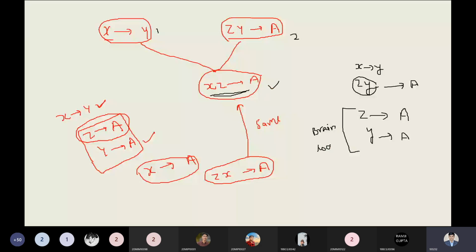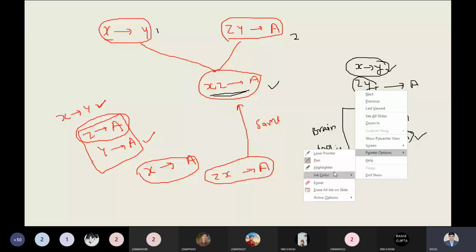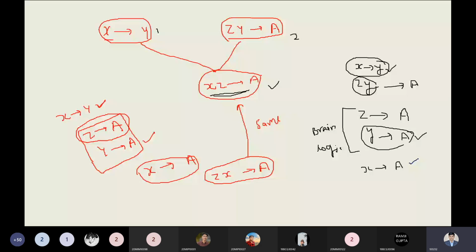So from this perspective, you will be able to see, if I'm using this one and this one, okay, I'm marking this one and this one, then you will be able to see by transitivity, you can say X determinant to A will be. Just tell me right now, is it possible? X determinant to A is possible because while applying the transitivity between this one and this one. Is it true?